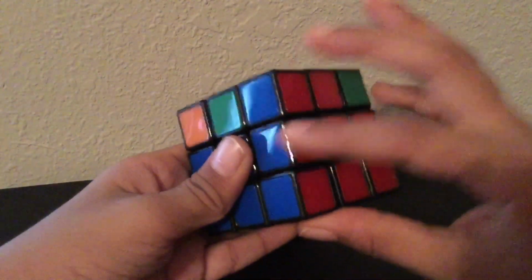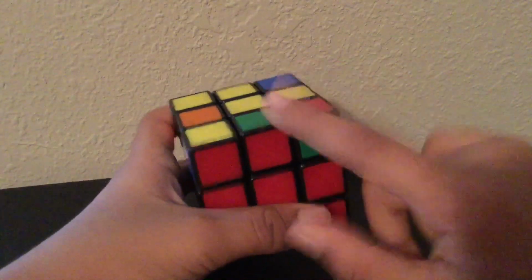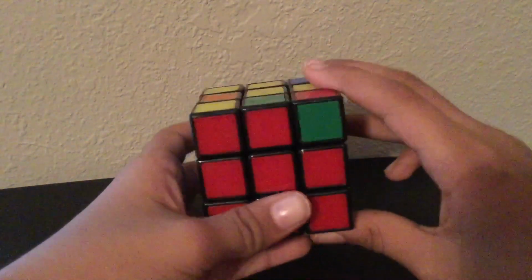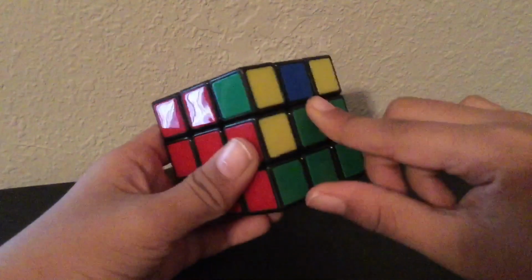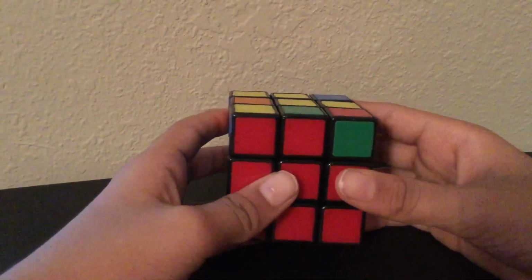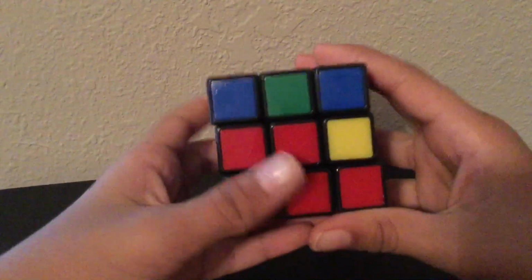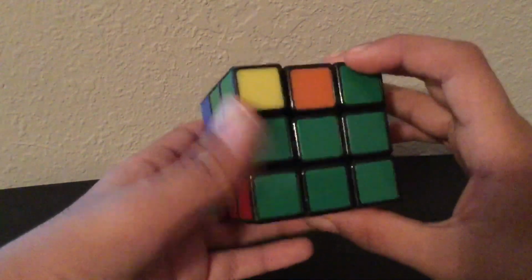And now it's inserted correctly, and we can move on to another edge. As you can see, this edge does not have yellow on it, so we could insert it in. It's already aligned for us again, and it again has to go to the right. So we have to do the same algorithm. The algorithm again is U, R, U prime, R prime, U prime, F prime, U, F. And now it's inserted